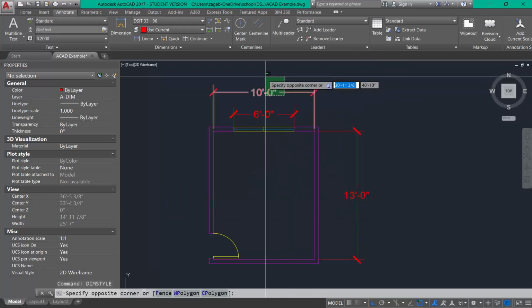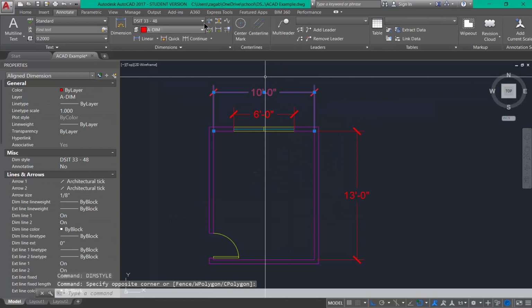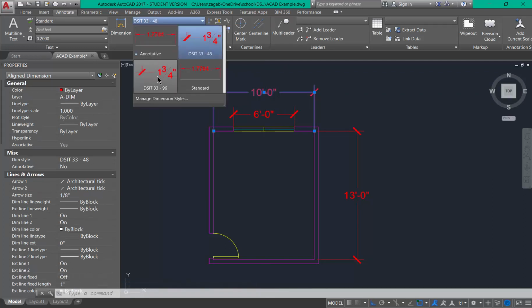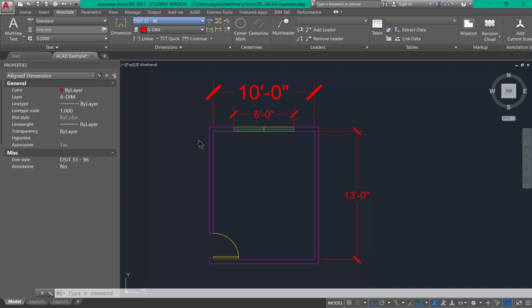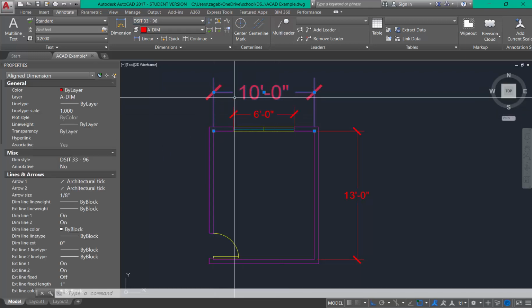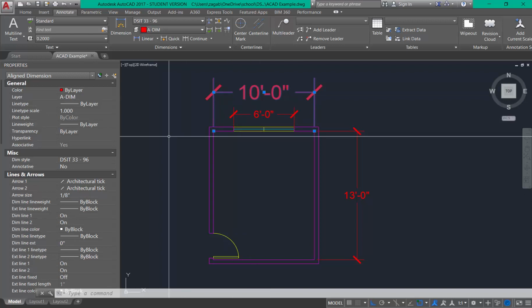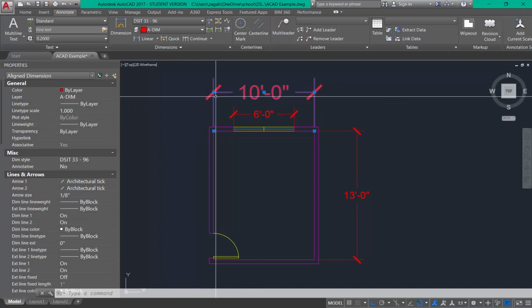So now you'll see as I select it, this is 48, and if I change it to 96, it is actually going to be sized up to a much bigger floor plan. Right, so these guys are fairly big. Another way you can modify the size